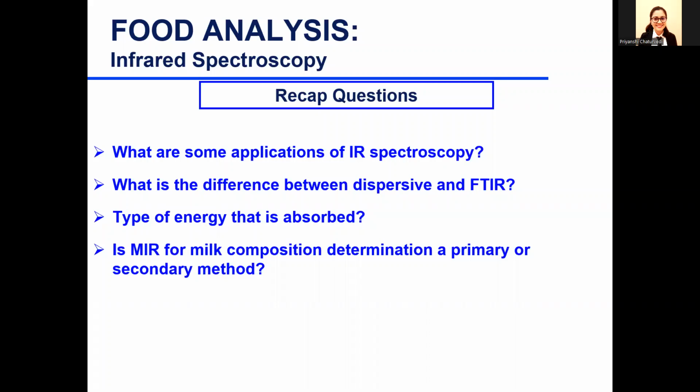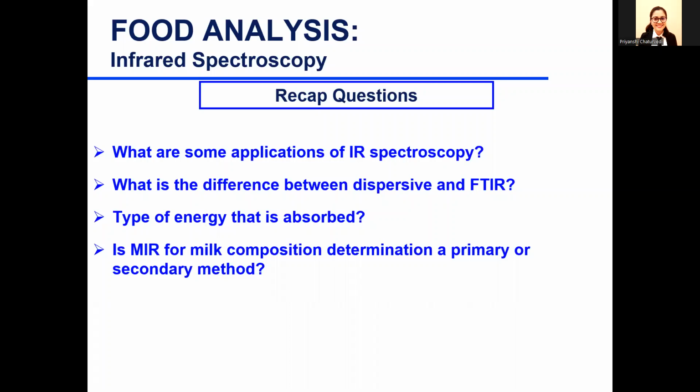You look like you want to answer. Go ahead. Is that the types of methods where it's like red light is either being dispersed off of the sample or it's being absorbed into the sample? Yep, and what this really tells you is that it's one light, one sample, one spectrum, versus FTIR,